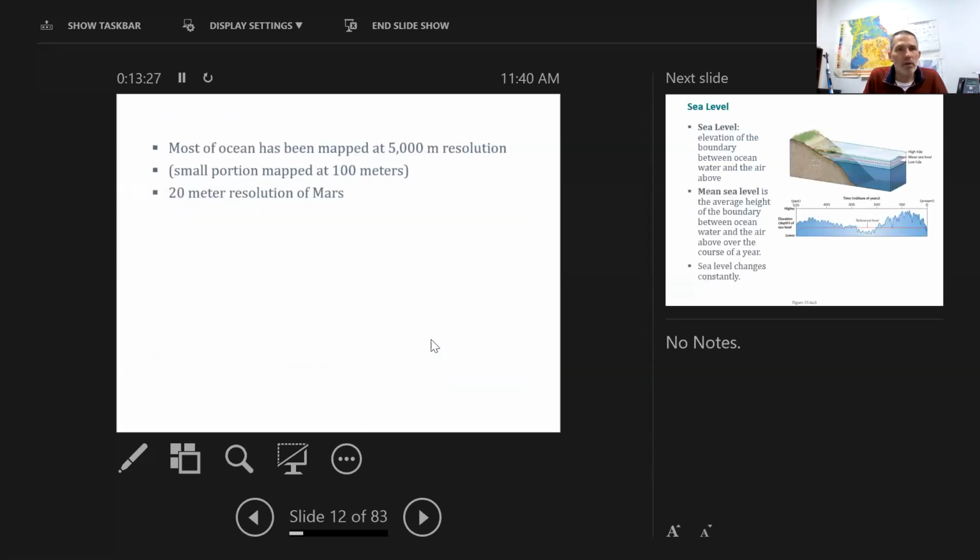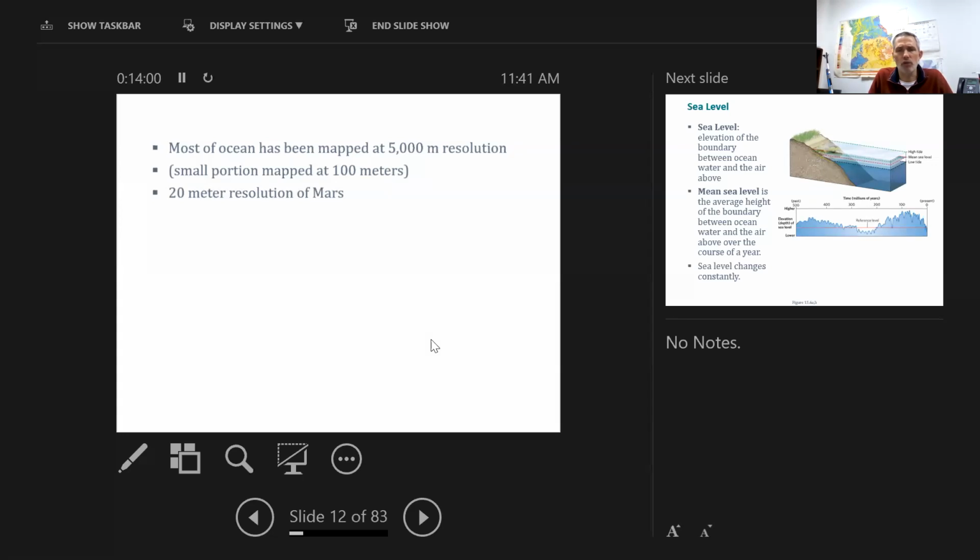And so when we start looking at the ocean floor, we have not mapped at high resolution most of the ocean floor. We've mapped about 5% at high resolution. And the vast majority of the ocean has been mapped at about a 5 kilometer or 5,000 meter resolution. We can contrast that with Mars. Mars has been mapped at a 20 meter resolution, and I believe the moon has been mapped at about a